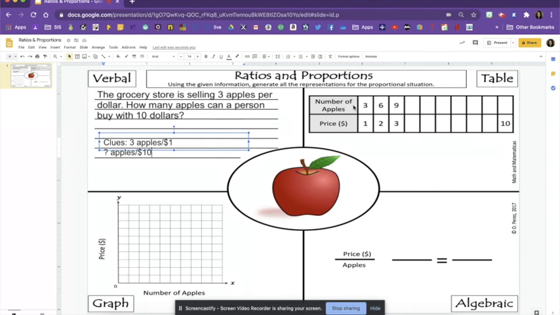Well, if we take that information and we go over here to the tape diagram, the table, you see that they do have already 3 apples, number of apples, and $1. And what they've done is they've put $10 over here. And so we have to figure out how to do this line with all equivalent ratios going across. So the first one is this unit rate right here of for every 3 apples,